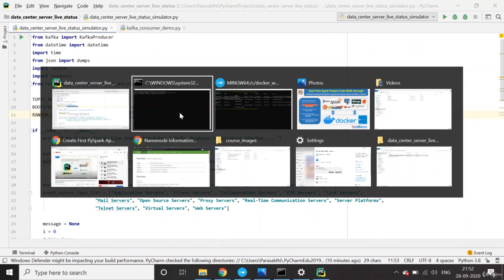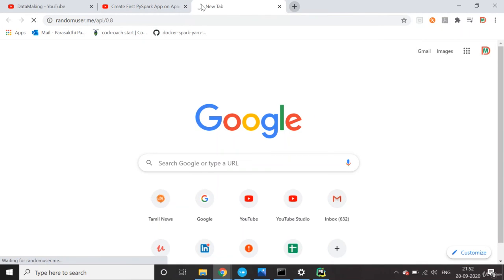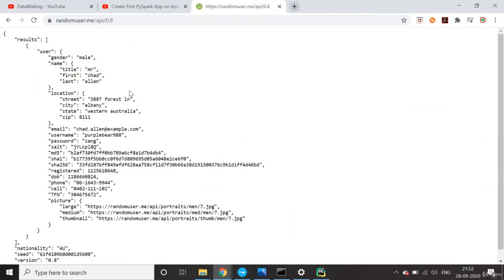Okay, this API, if you hit it in the browser, is going to give you random users. Every time you hit it, it is going to give you a random user. Basically, I'm going to correlate this because we want to generate random events. But how do you generate it? I will tell you the fields we are going to generate for the events. One of the fields is country and city.